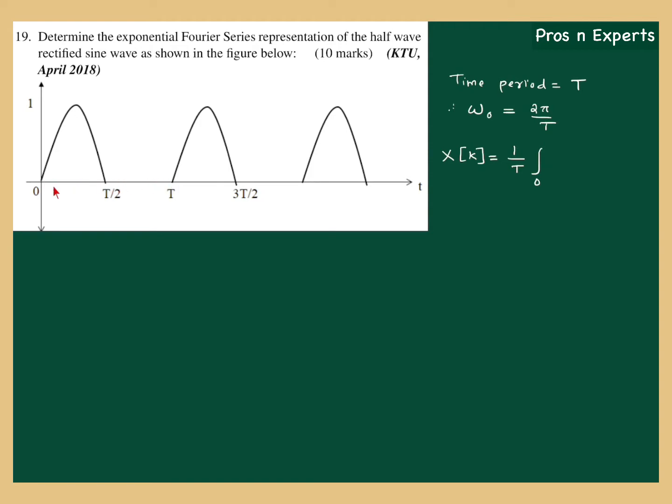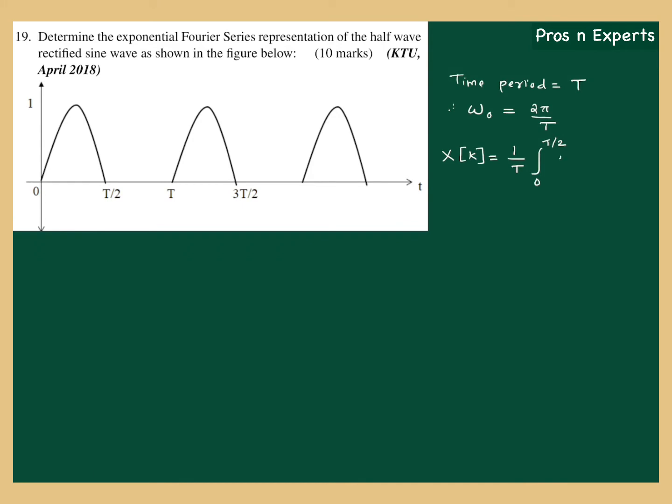The signal is present only up to T by 2. So instead of 0 to T, the signal exists only from 0 to T by 2. And what is the signal in that interval? It is sine